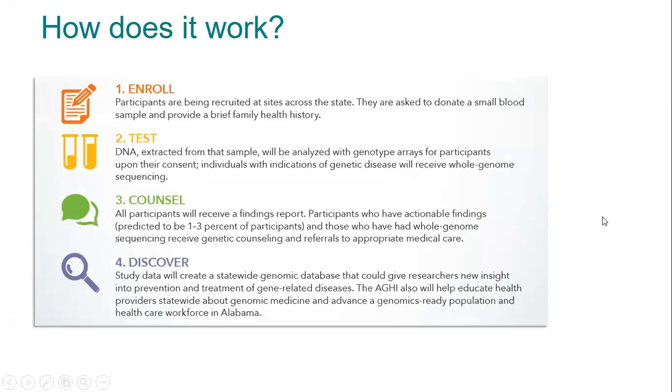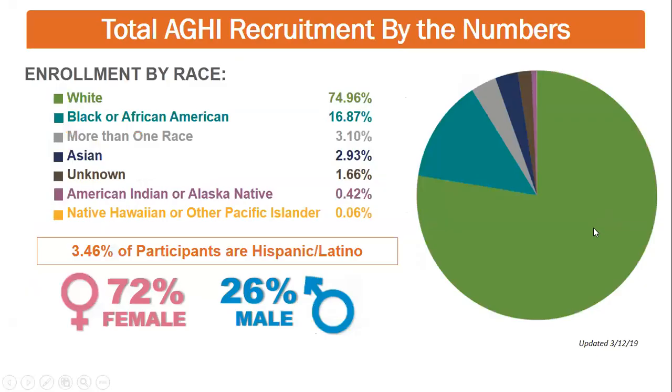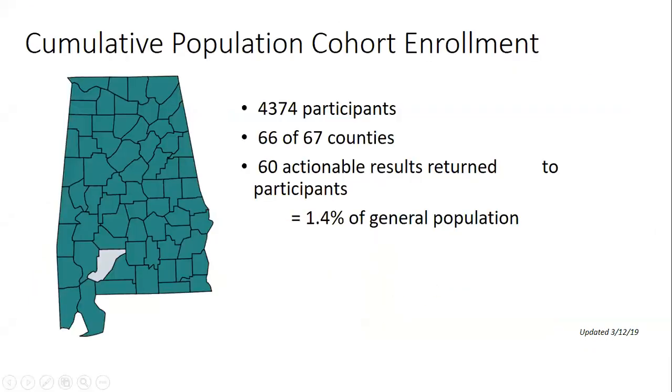Testing is done at Hudson Alpha, and then they get a return of results. We have been working really hard to increase the diversity of the sample, opening up pop-up clinics around the state. This is now 2 months old. I know we've exceeded 5,000 participants now. I hope this one county that we hadn't filled is going to be filled in because they've just opened a pop-up. It's Monroe County, and they've opened a pop-up clinic there. So this week we should have every county.